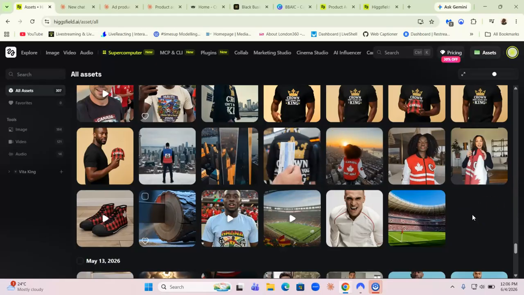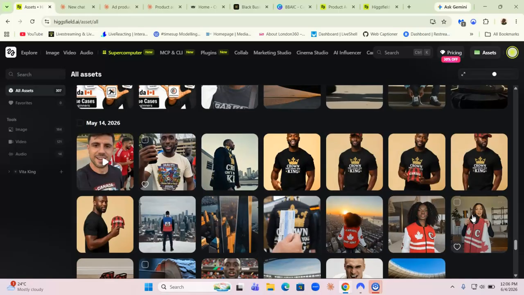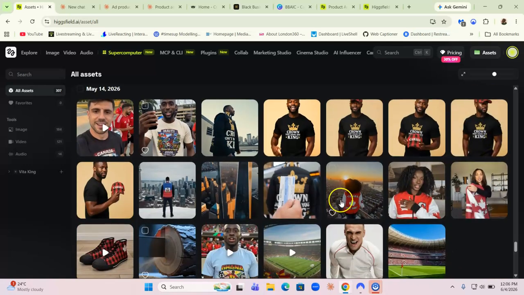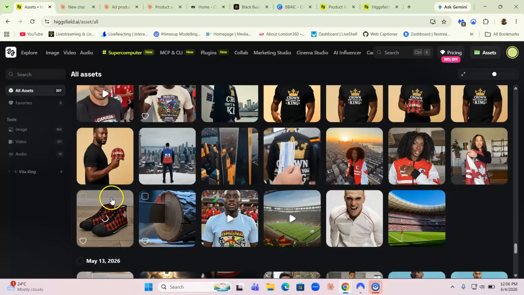Listen, this is where AI is heading. If you're a small business owner, you need to start learning and using this technology, because if you're not using it, your competitors are. AI is cutting down cost in video production. You don't even need a video producer anymore. You can be your own producer and director, creating different types of video content for your brand.